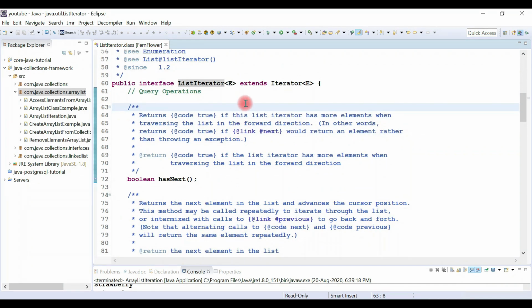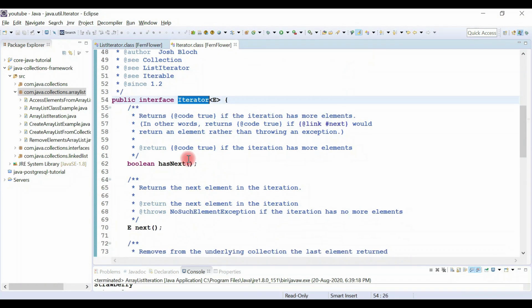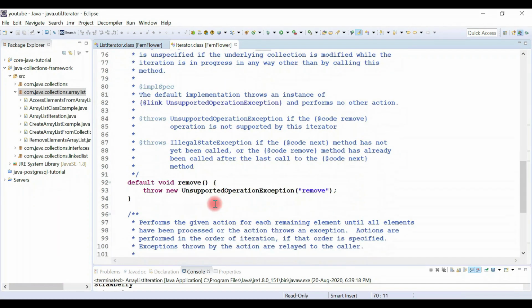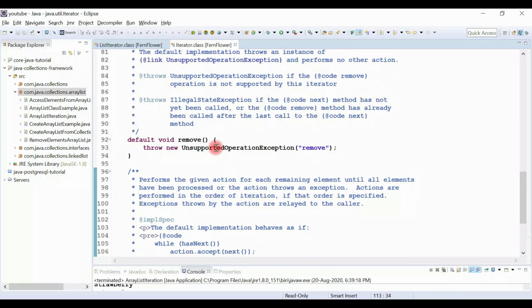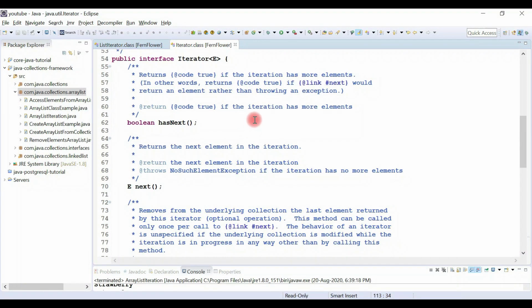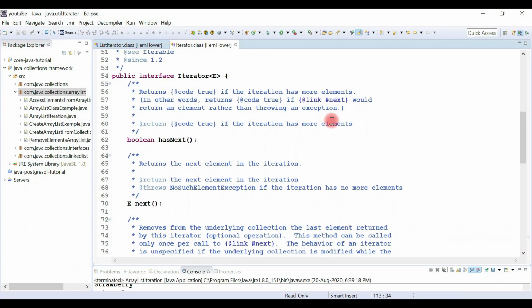Well, let's look into the Iterator interface methods next: hasNext, next, remove, and the forEachRemaining method which was introduced in Java 8. These methods only support traversing a list in a forward direction.